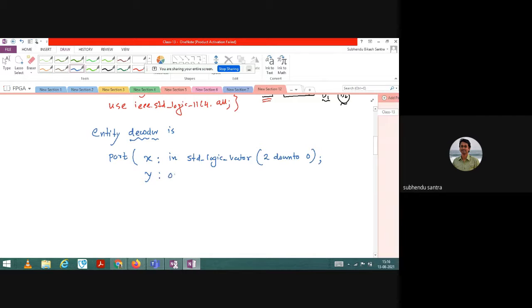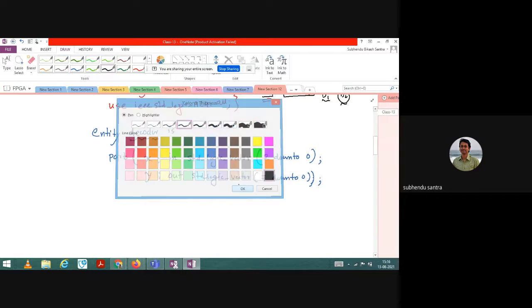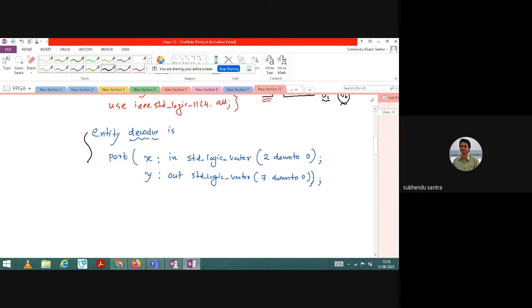Let us say Y, and it is out, standard logic vector, 7 down to 0. That part you already wrote in the previous class. Fine. So this is the port declaration. Now I have to end. So end decoder.